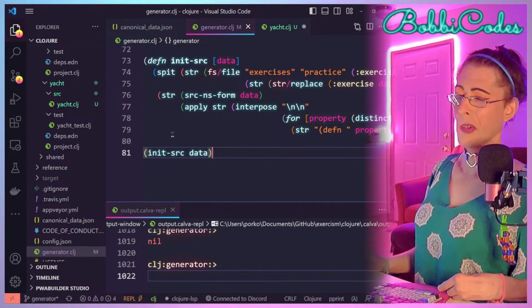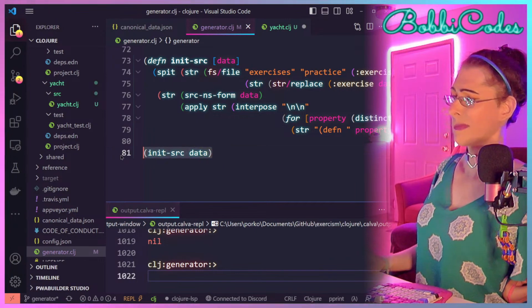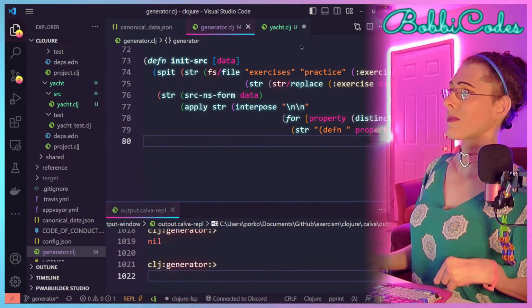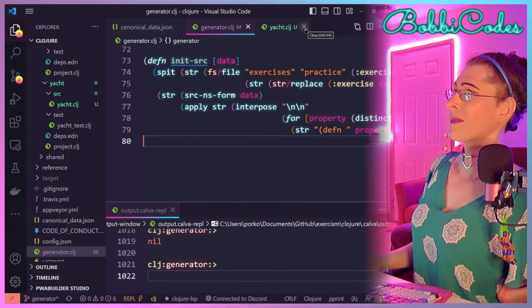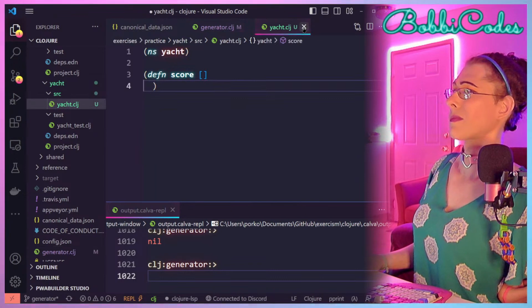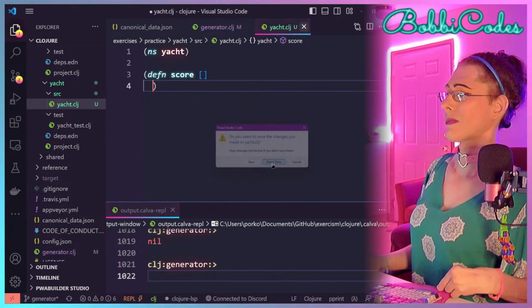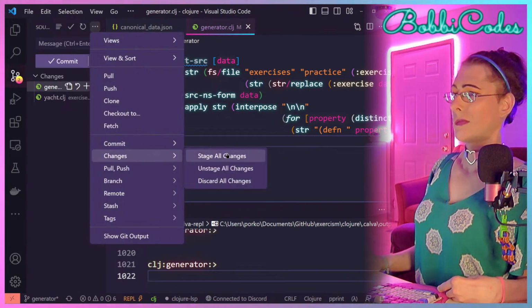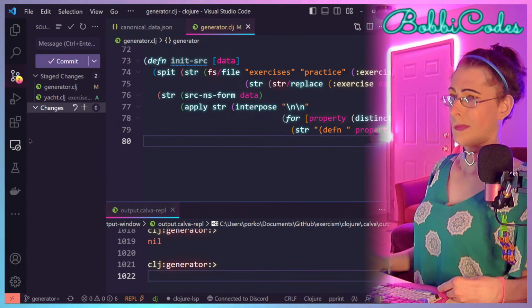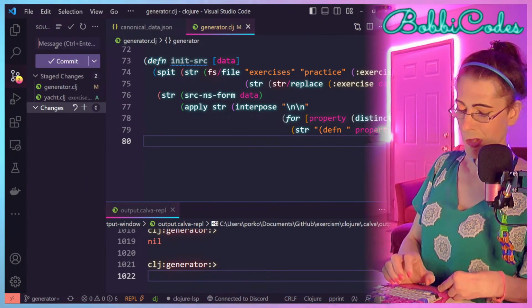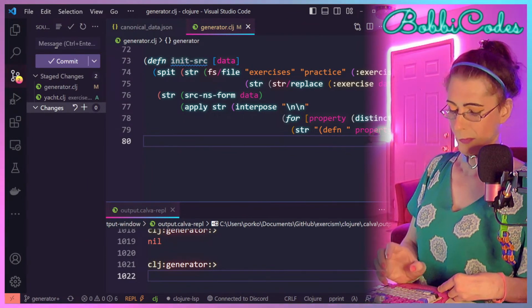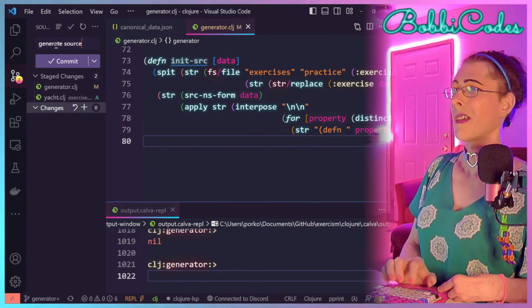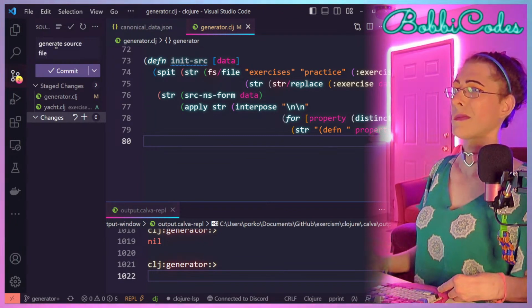Now I can make another commit. And we'll say generate source file.